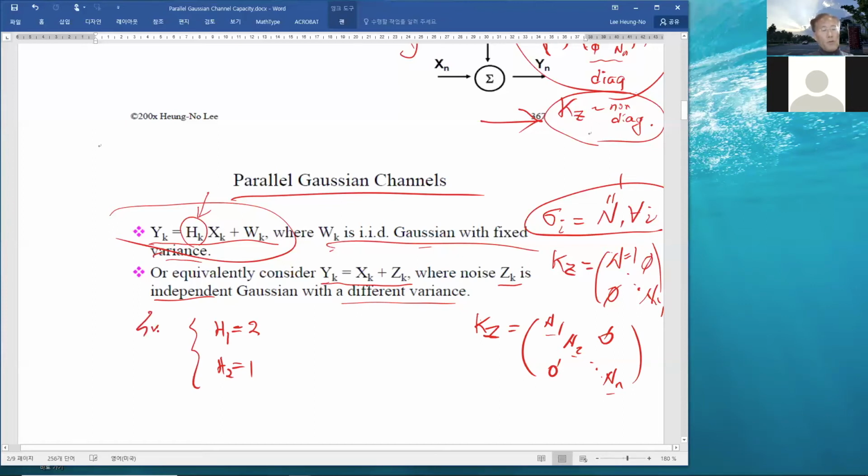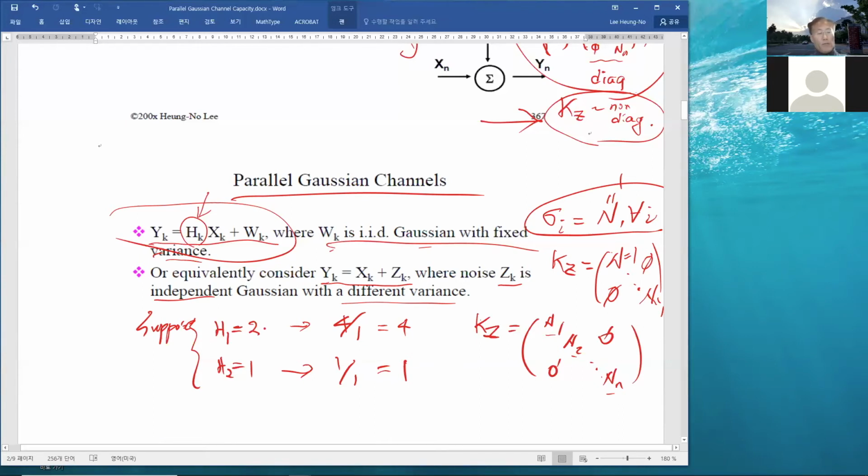Okay, suppose, right? Then in the first case, the SNR is 4 over 1. The second case is 1 squared is 1, so 1 over 1. So the SNR is 4 over 1 in this case. And in this case, then we can equivalently say that